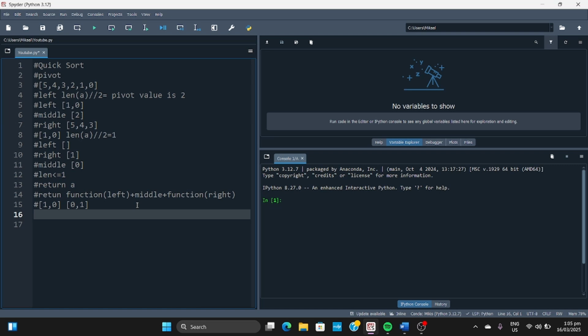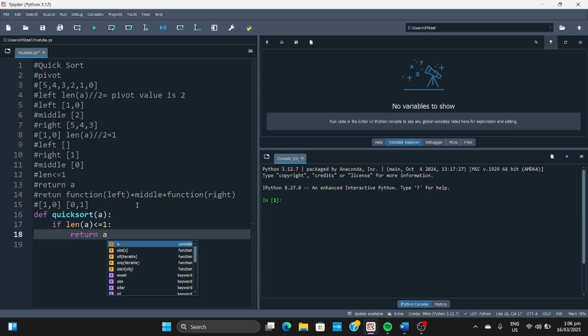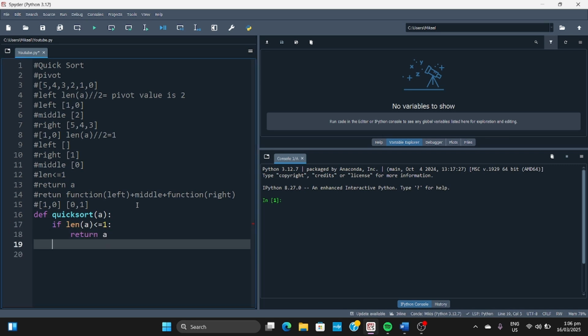Now let me write the function. So def quicksort, and here we pass an array. Now what we have to do? We write: if len of A is less than or equal to 1, then we return the array. Else